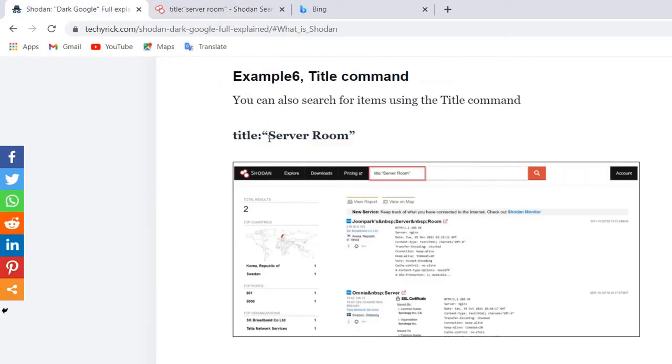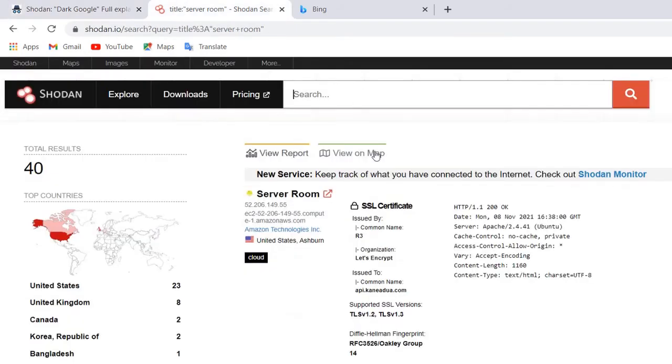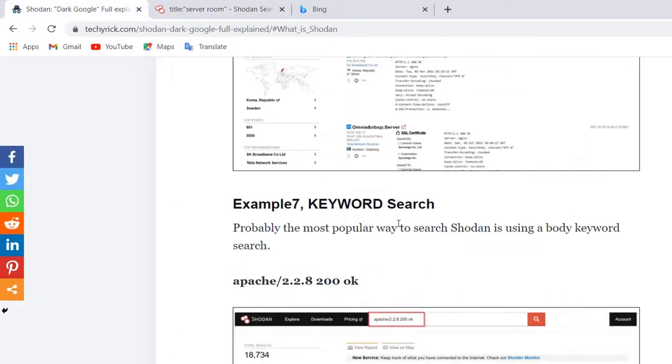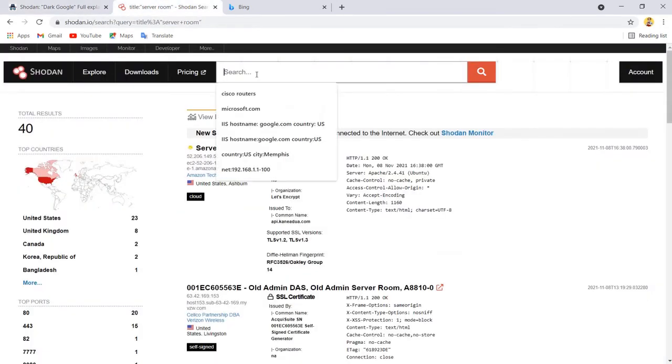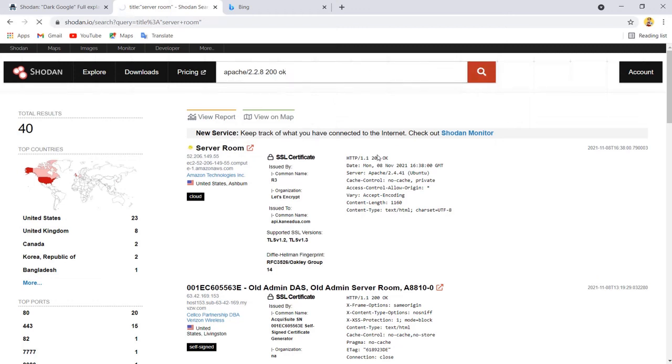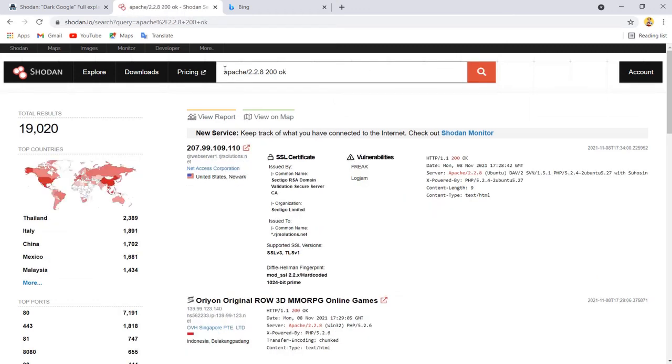So basically the title command is used to find the title keywords. The next command is just the keyword search. For example, I have entered Apache 2.2.8 200 OK. This is a server, and I have given 200 OK, which means the site is working properly, and it will display only the sites which are working properly. Over here we can see that it is saying 200 OK,